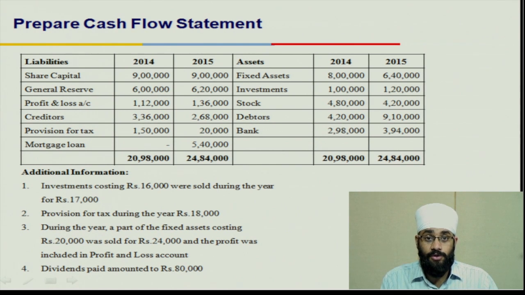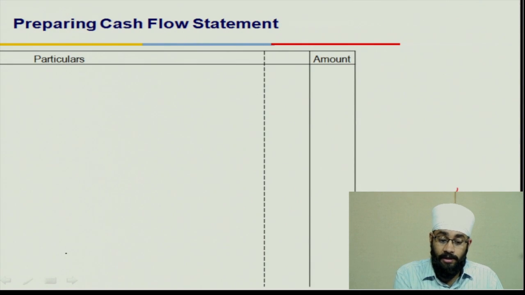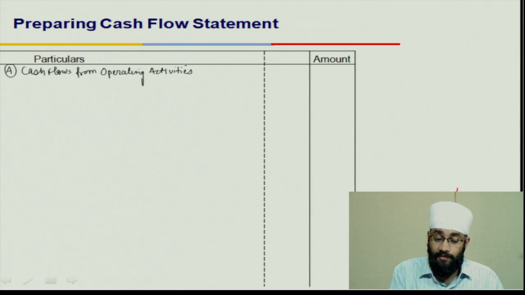So there is information which is not known to us, but we have small pieces of information in additional information. So there are four pieces of information which we need to make use of and find out few missing numbers as well. Now let us use the same process and prepare the cash flow statement. The first part will be cash flows from operating activities. We start with the net profit figure